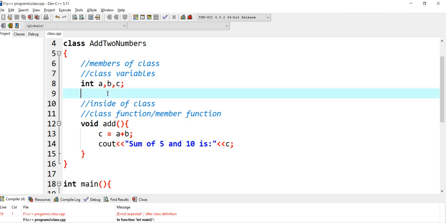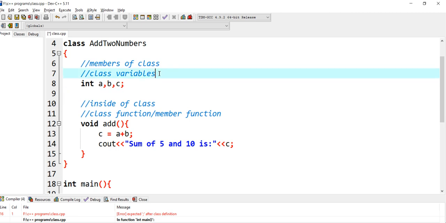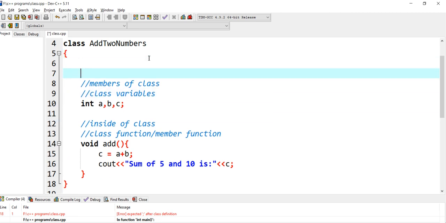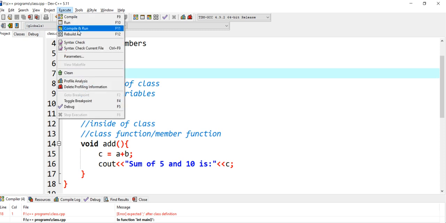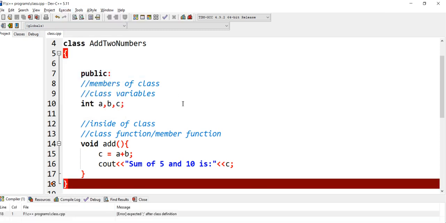By default it is private, that's why I need to make this public. What public is, I'll tell you later in our next class, but for now I'll simply make it public so that we can call this one.